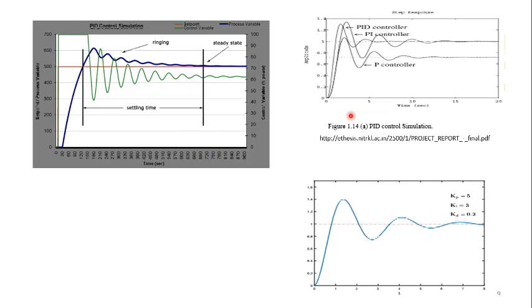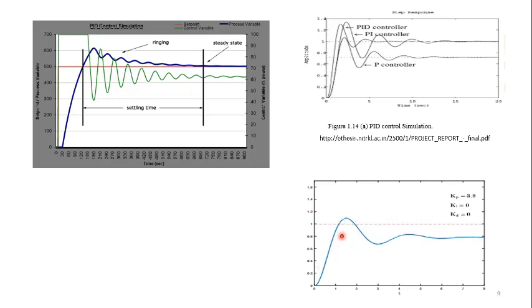Again, to show you a simulation, first you are going to see an increase in proportional gain. So first the proportional value is changing. Then later the integral value is going to be tuned, so it will settle. Then the derivative value is going to bring the curve to the step response, the ideal response. This is the step response.